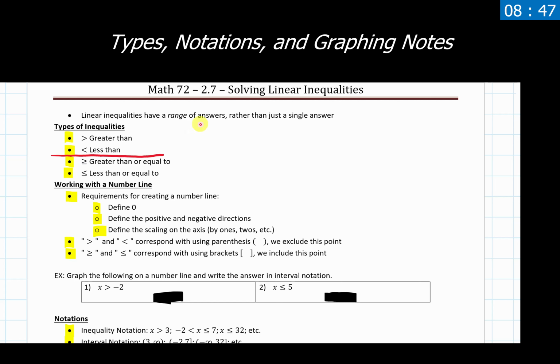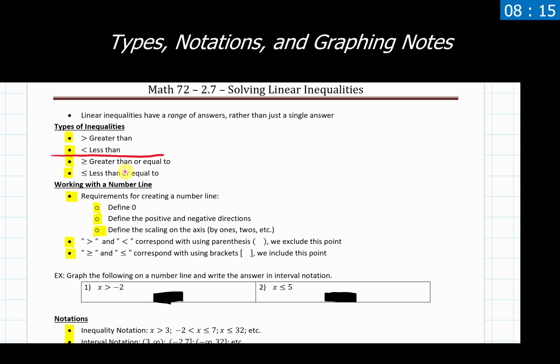So we have four main types of inequalities that can be broken down into two different groups. We have greater than and we have less than. These are instances where we are told something, let's say x, is greater than the number 3. So it has to be bigger than the number 3. That's our checkpoint spot on a number line, but we want all numbers bigger than that. And in contrast to that, we have the less than, which would be any number smaller than that, or lower in value than that.